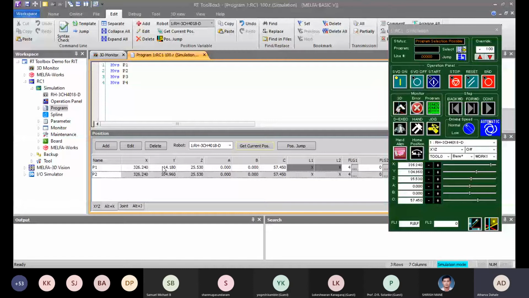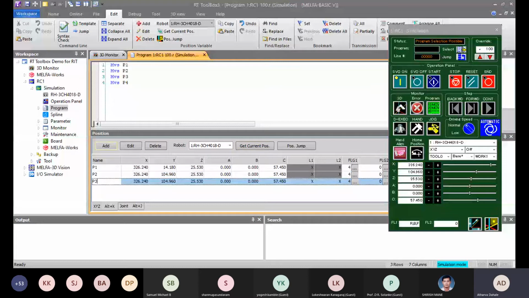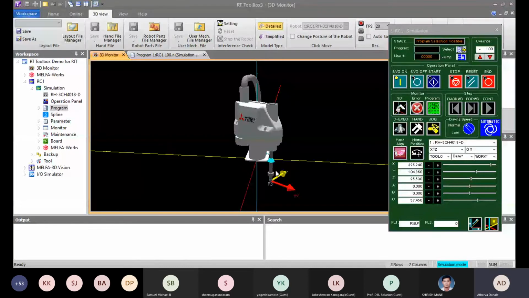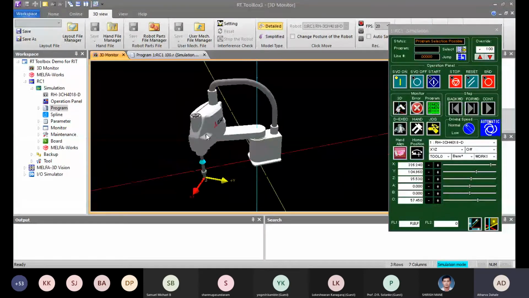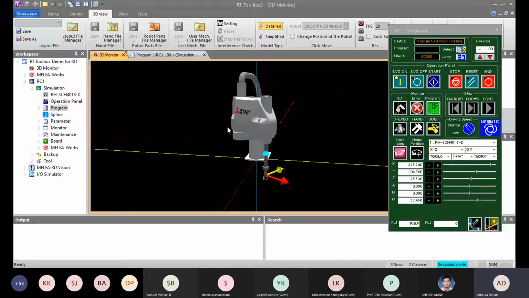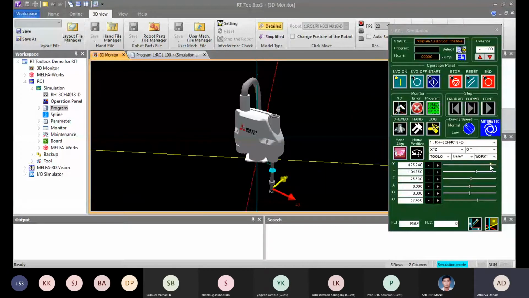After that, P3. So for P3, I have to move to this side. Okay. So I'll have to make changes in the x-axis.